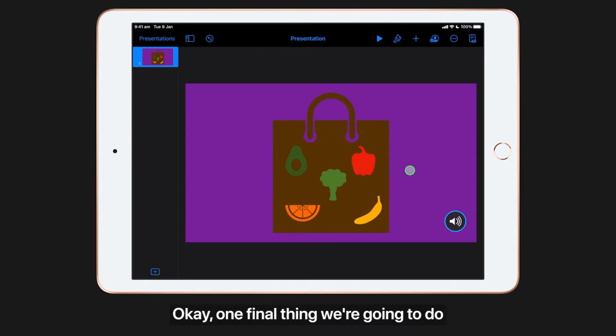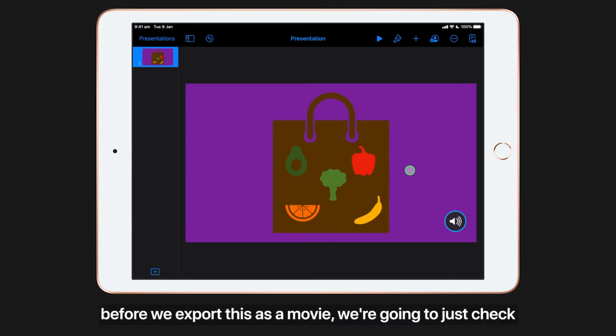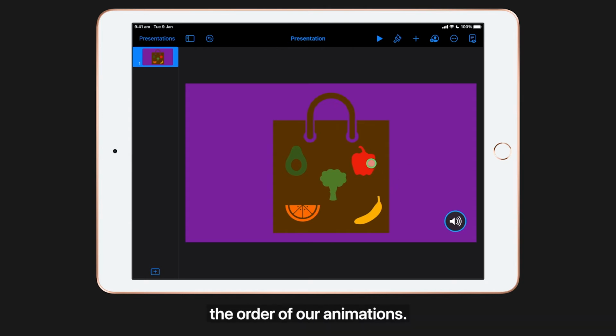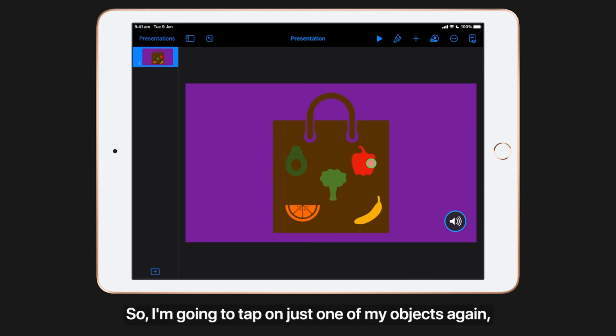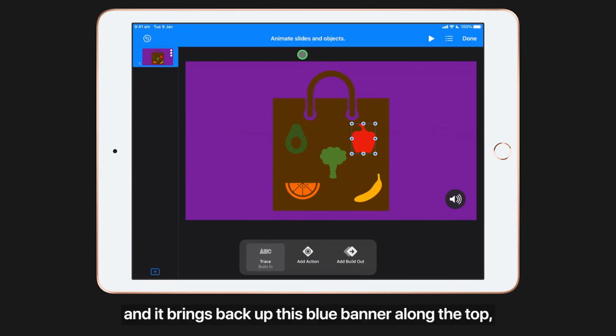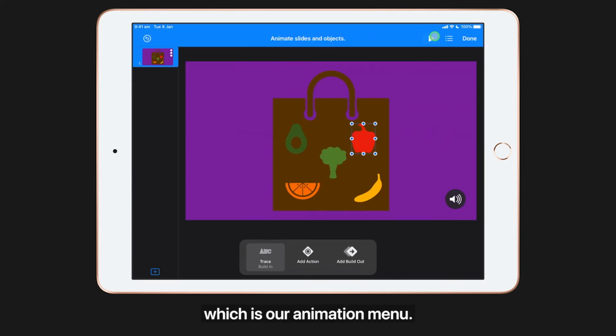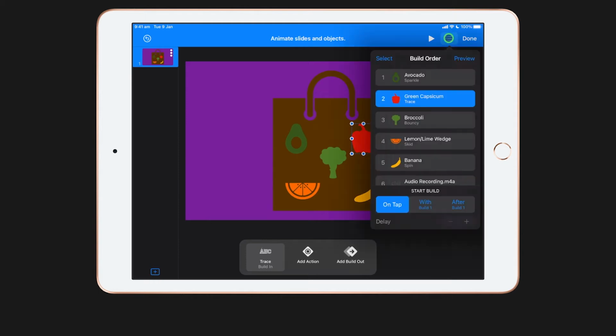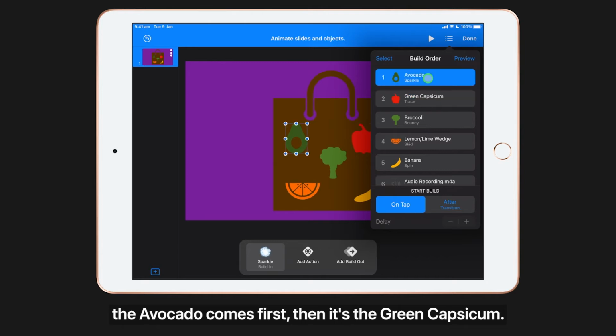Okay, one final thing we're going to do before we export this as a movie. We're going to just check the order of our animations. So I'm going to tap on just one of my objects again and tap on animate. And it brings back up this blue banner along the top, which is our animation menu. Second from the right at the top, we've got these 3 dots and 3 lines. And this allows us to order our animations. So when I tap there, you'll see I've got the avocado comes first, then it's the green capsicum, and it